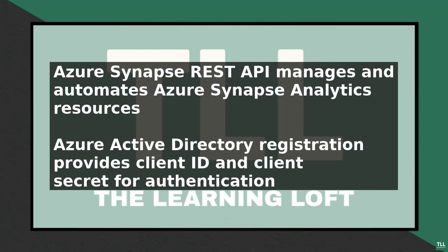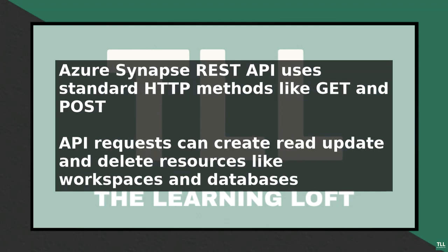authenticate your API requests. First, you need to understand the basics of the Azure Synapse REST API, including the available endpoints and HTTP methods. The API uses standard HTTP methods such as GET, POST, PUT, and DELETE to perform operations on Azure Synapse resources. You can use the API to create, read, update, and delete resources such as workspaces, databases,